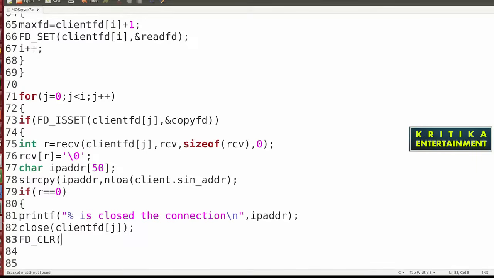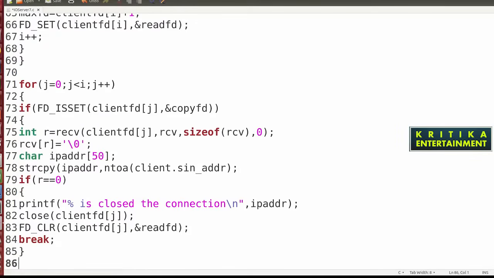What to write? Client fd j. From where? Directly from the read FD set, the original primary set, it should be removed from there. So here write break, then close the bracket.